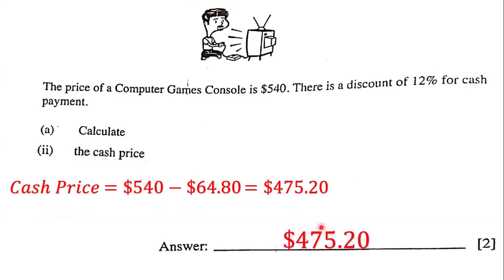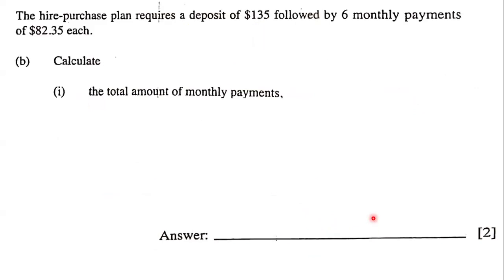Because remember, there's a 12% discount. And so this is the cash price after the discount is applied. And so the answer here is $575.20. Next, it states that the hire purchase plan requires a deposit of $135 followed by 6 monthly payments of